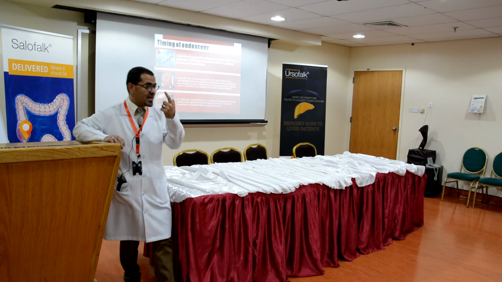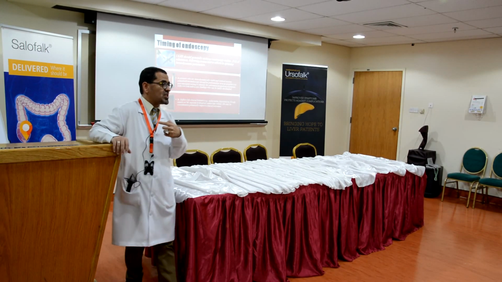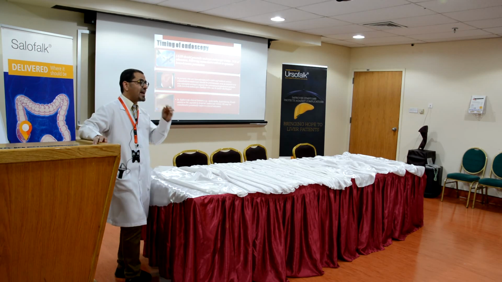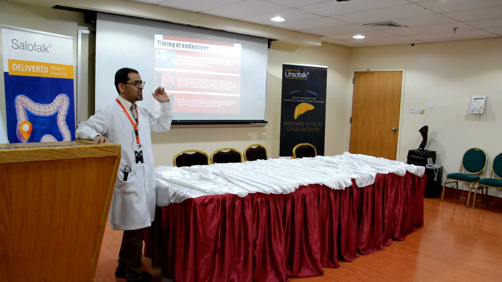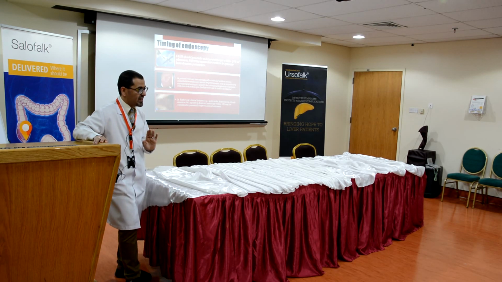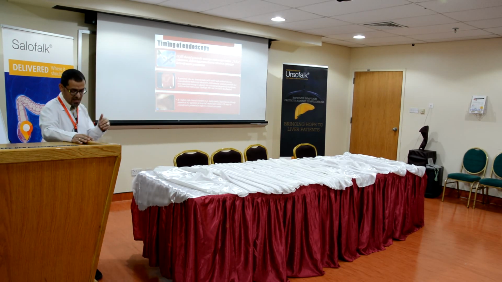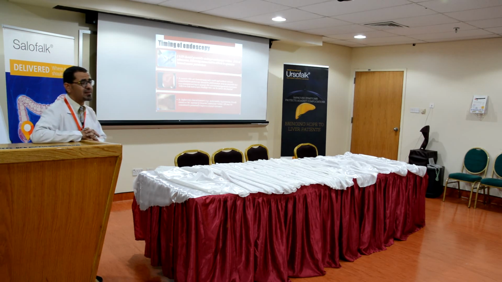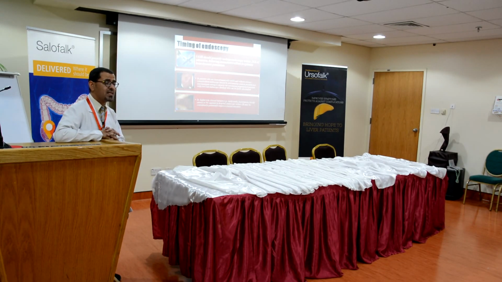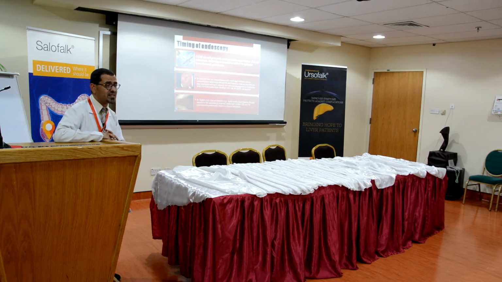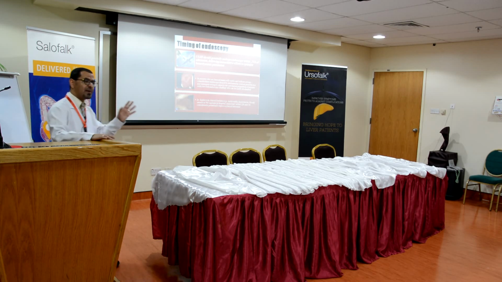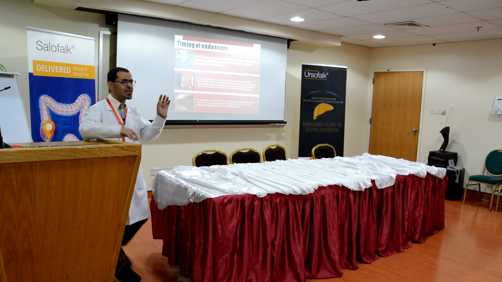TIPS, which is transjugular intrahepatic portosystemic shunt, is one of the ways that you can reduce the portal hypertension and reduce the bleeding secondary to esophageal varices. So TIPS is one of the ways used to treat upper GI bleeding, especially in a patient with MELD more than 19, because in the study they found that if the MELD score is high, whatever you do for your patient, the risk of rebleeding is still high. Okay? So this is how we manage upper GI bleeding secondary to esophageal varices. Secondary to peptic ulcer disease,